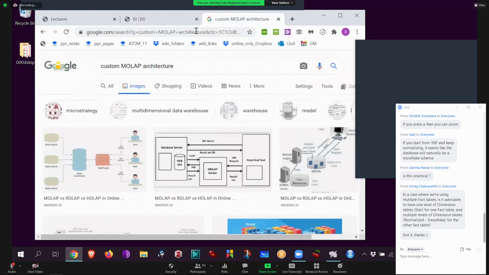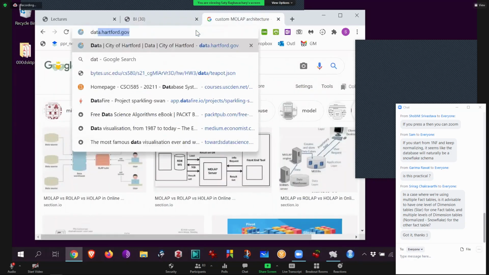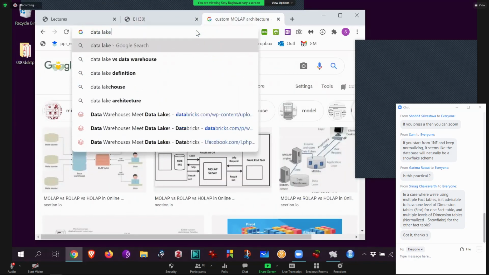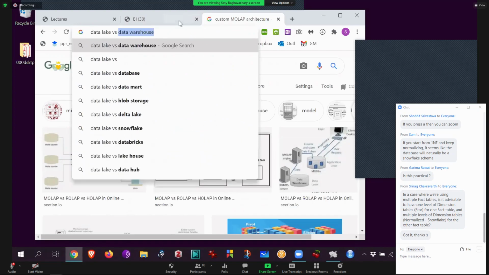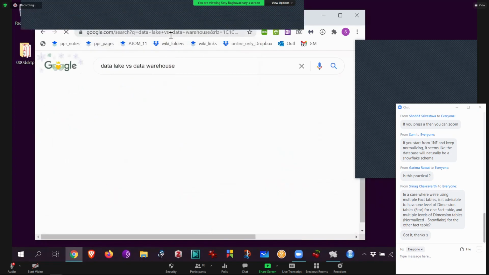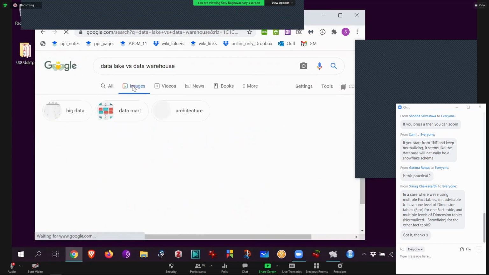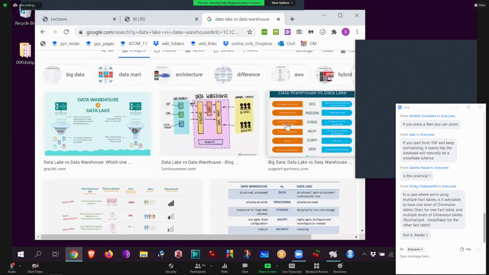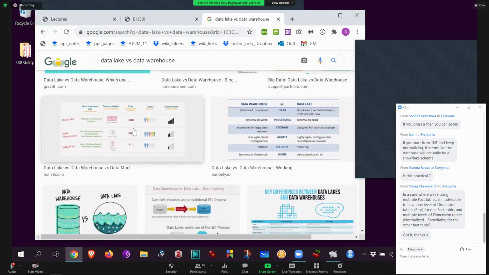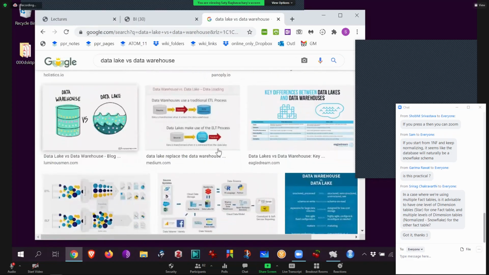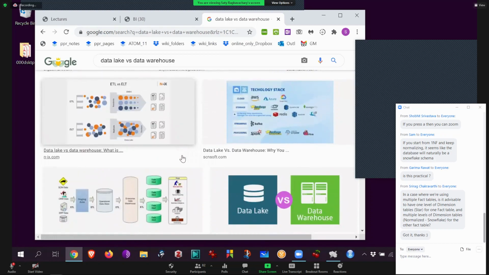Okay, so again, you can Google all of this. It's pretty fascinating. Data lake versus data warehouse. In fact, that's the very first thing that came up. I didn't even search for it, just autofill. You see it. People will tell you all the differences. What is a warehouse? Again, if you want some summary of what I told you, you can find it in many different ways. But the key point is what I told you.